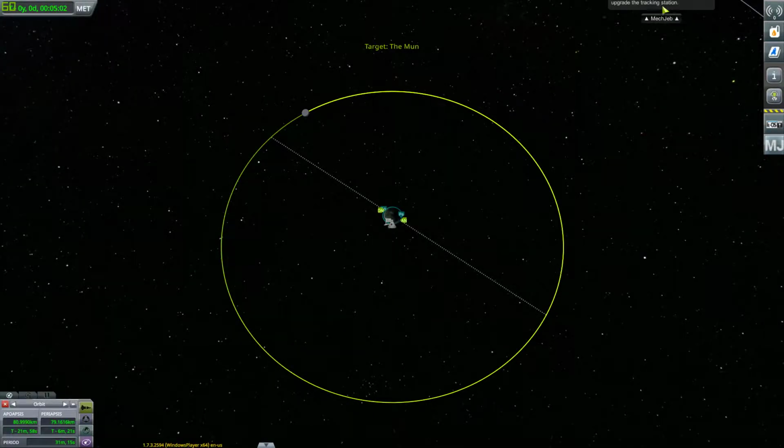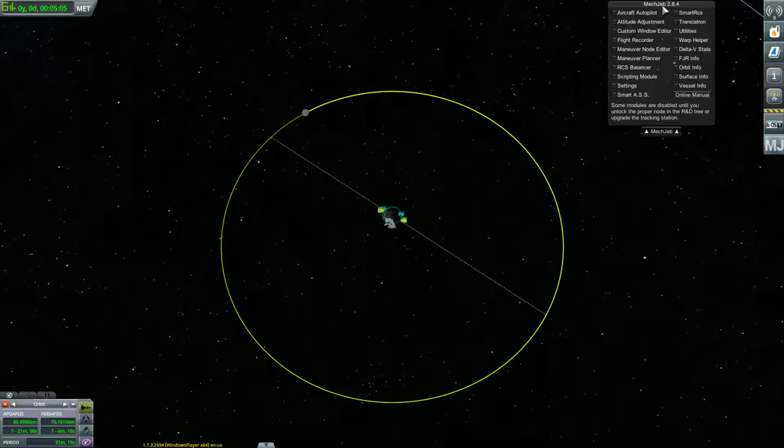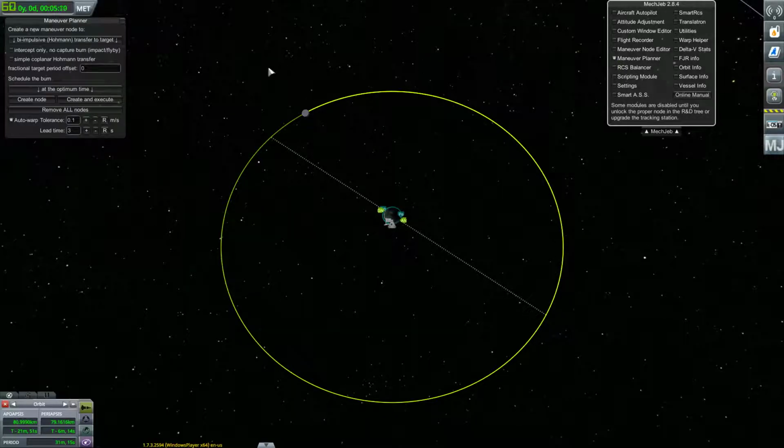Okay, MechJeb, maneuver planner. Yeah, I think that was the only one. So I guess I'll leave that unticked and schedule the burn at the optimal time. We'll just leave that, but we've got all those other options. I'll let you investigate those yourself. It says create nodes. I was expecting it to create 2 nodes, not 1 node, but